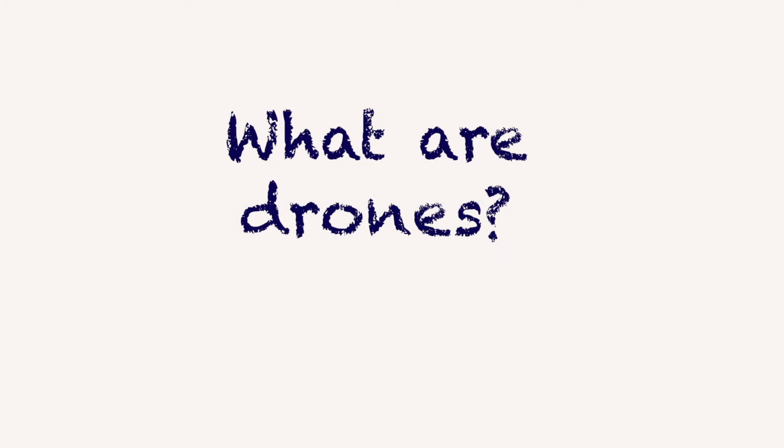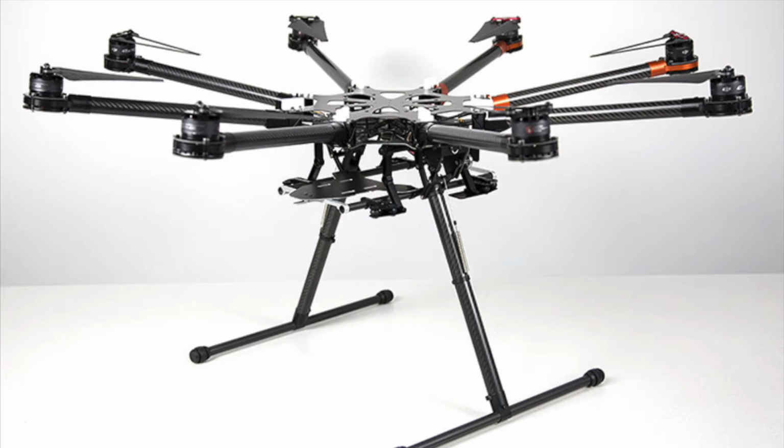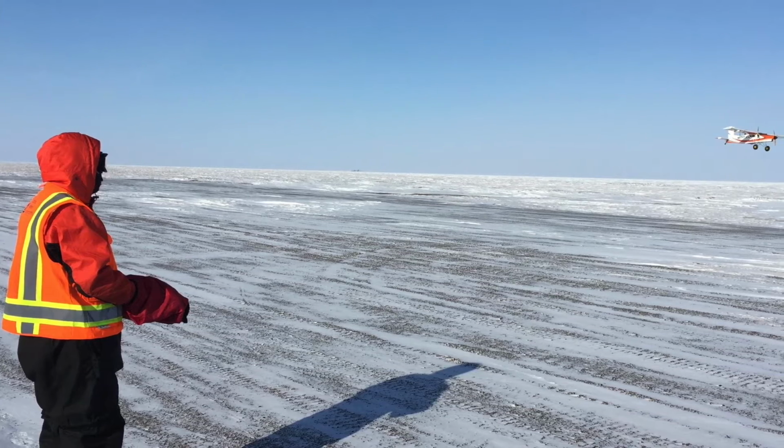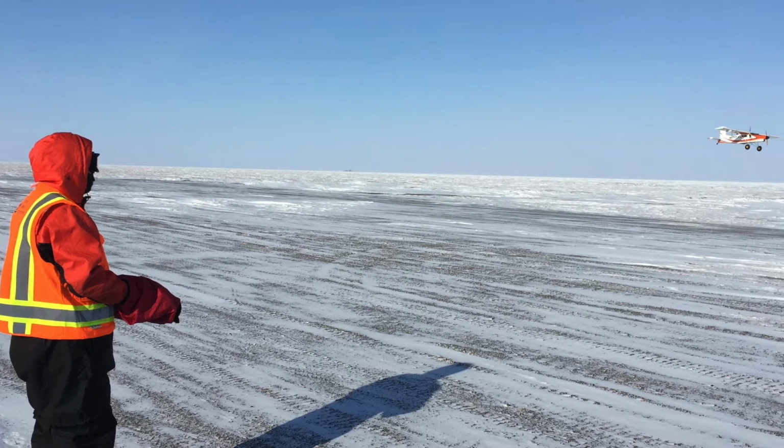What are drones? Well, one of the tools that we use for looking at the atmosphere and looking at the clouds and other things that we see every day are drones. Drones are also called uncrewed aircraft systems because they don't have any people on them. These are essentially robots that we send to the sky to get observations, to take measurements in places that we